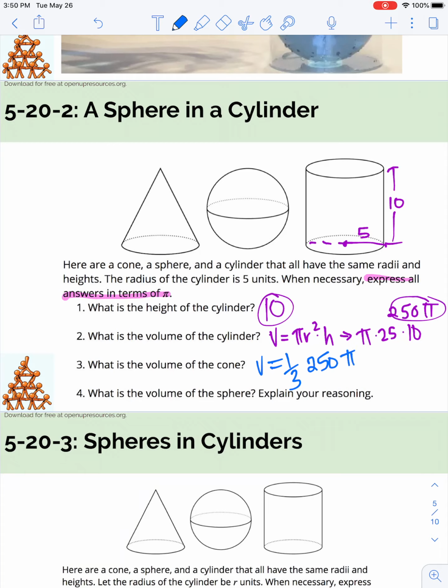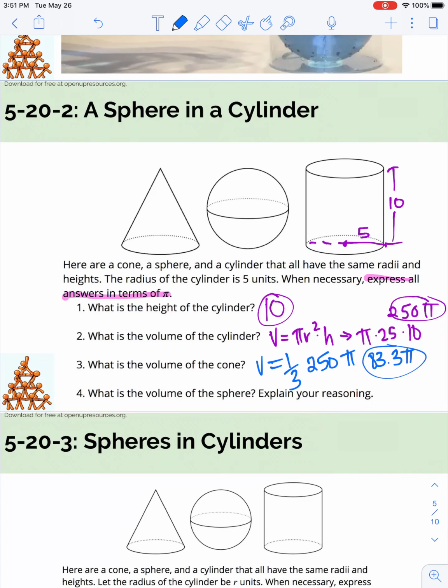So you're just doing 250 divided by 3. So what does that equal? 250 divided by 3 is 83.3. So 83.3 pi, volume of the cone. And then the very last one